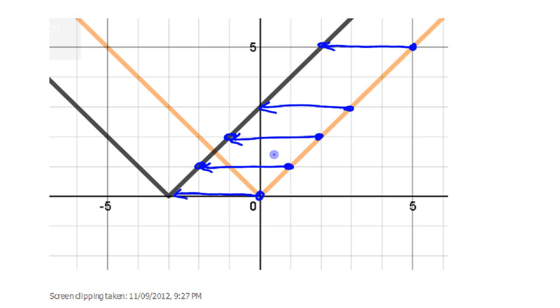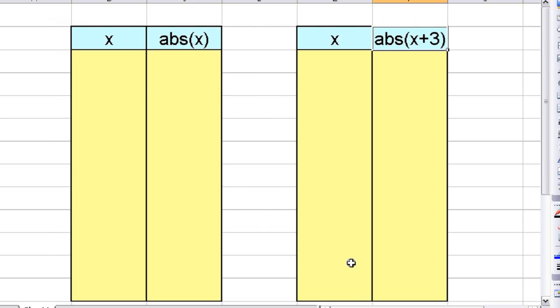If we look at it in a table, you can see what's happening here, because again, it seems like it's going the opposite direction. If I put in -5 here, this should turn out to be absolute value +5, right? This one over here, if I want to maintain that +5 as a y value, because I want to compare where the y values are the same, if I'm going to add 3 to the x value,